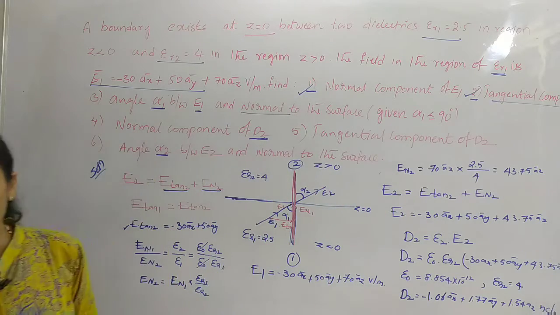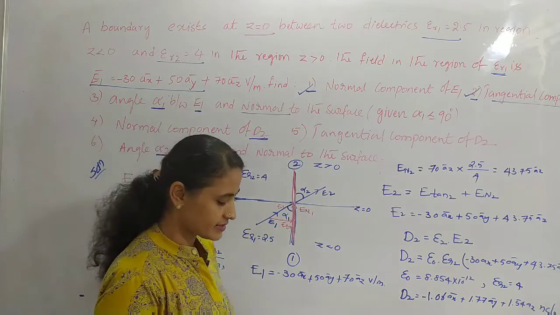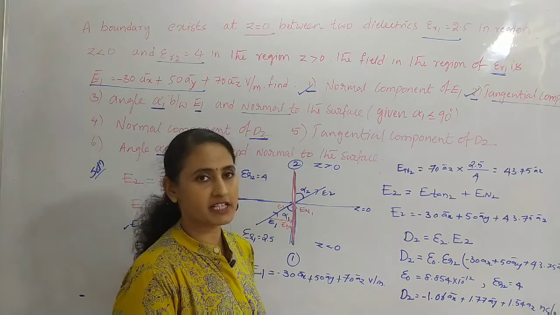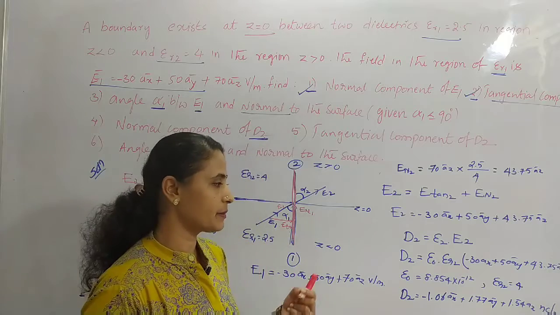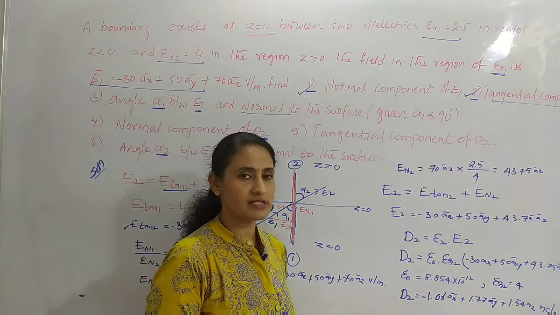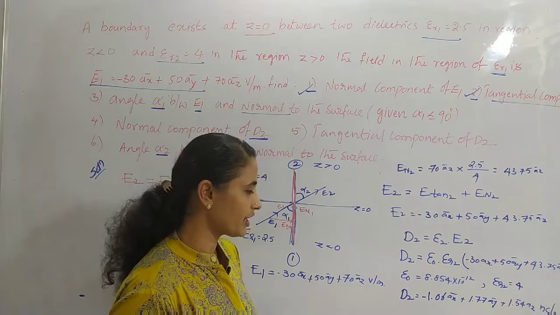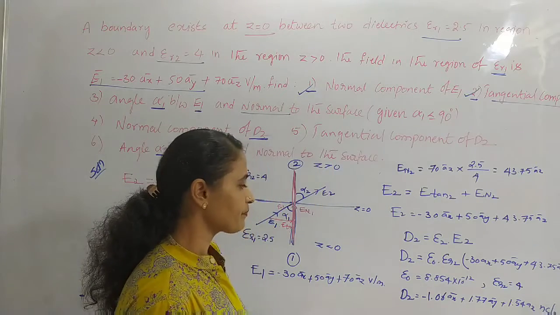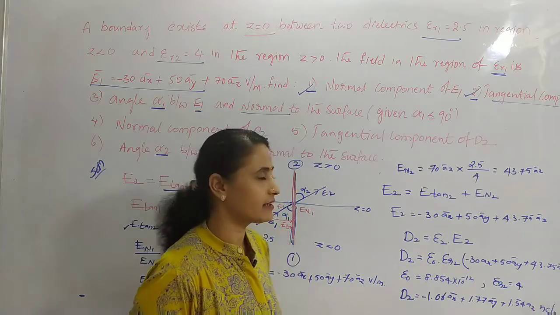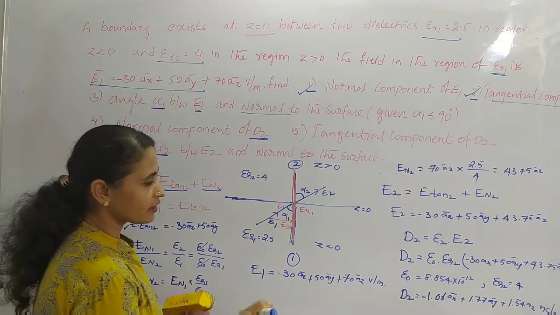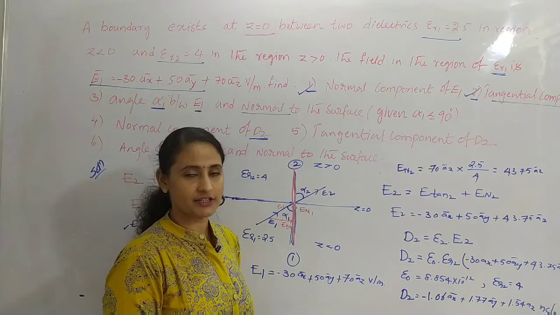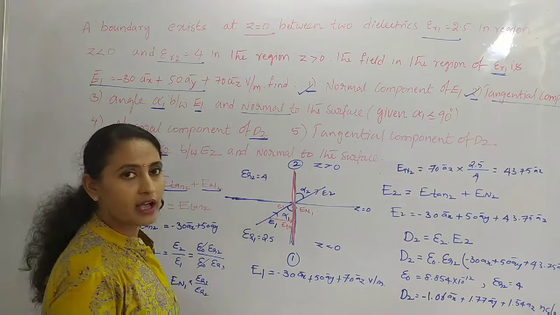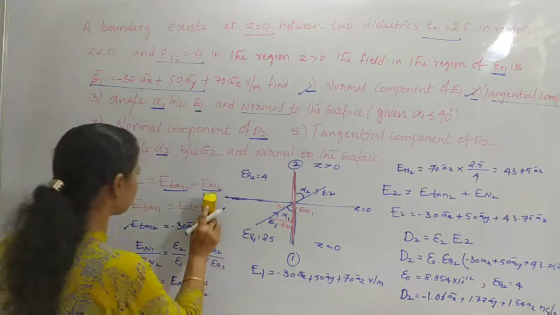So what is the unit for electric flux density? Electric flux density is total flux passing through the closed surface, that is, total charge in terms of coulomb by total surface area in terms of meter square. So the unit is coulomb per meter square. Now it is nanocoulomb per meter square. Now we just obtained D2, but we are supposed to resolve the components of D2 into normal and tangential components and obtain them individually. Let us obtain the value of the normal component of D2.